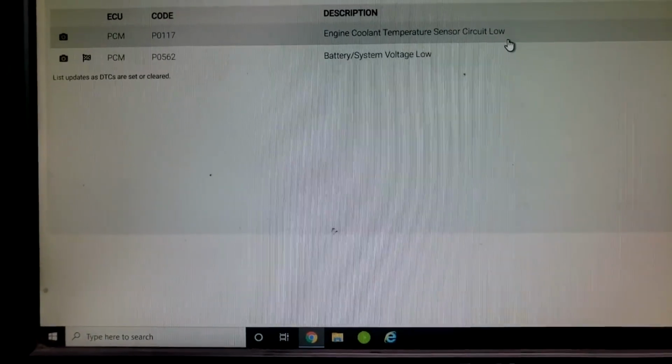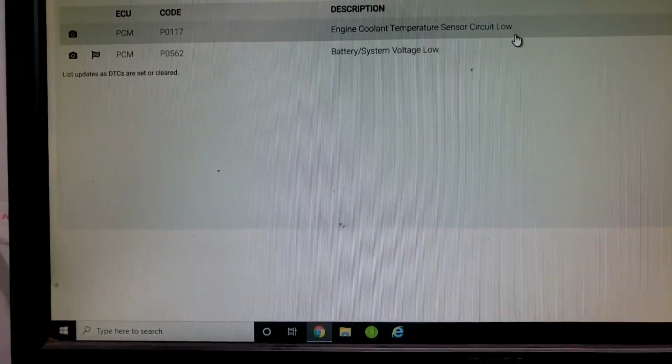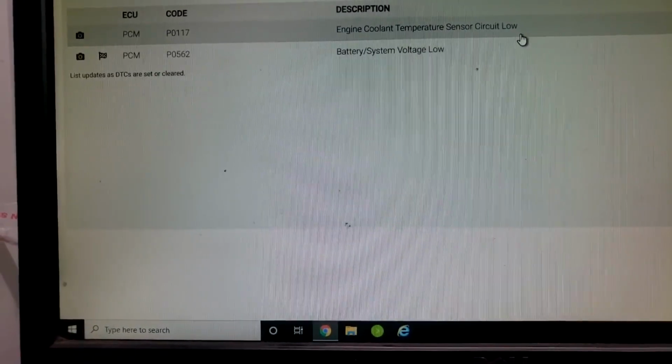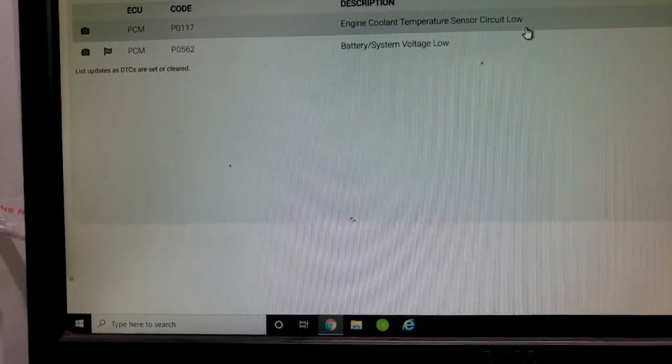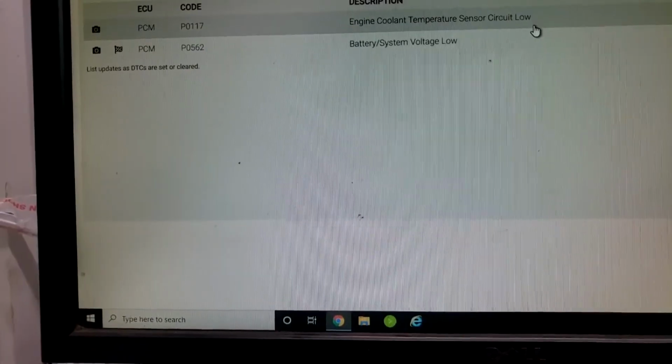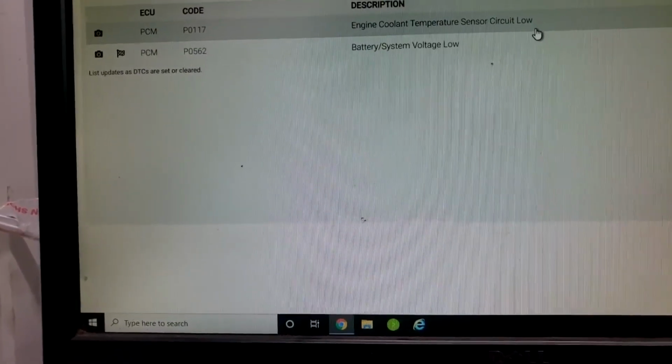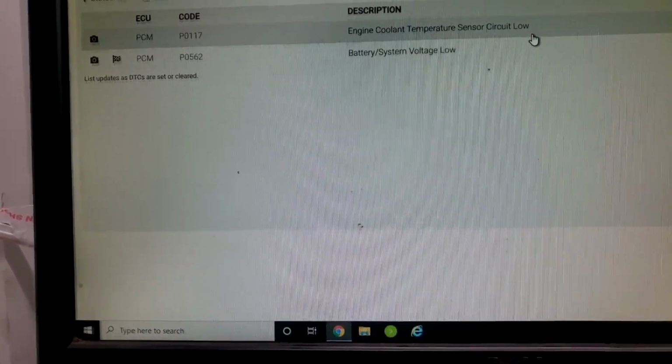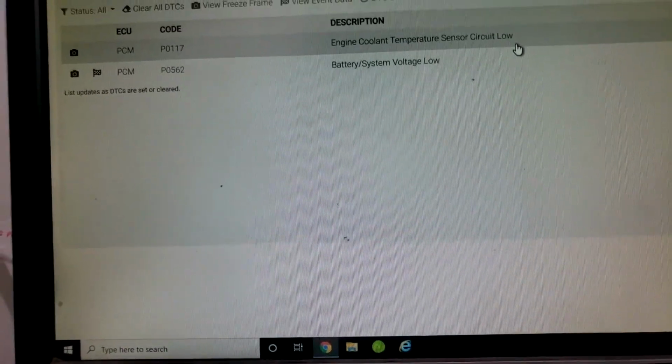guys, that is the code that I've seen, and the car was merely low on fluid. That was the reason it was low. It had a leak, but that code was set if you're low on coolant. Okay, so you can, however, use that as a barometer, but I wouldn't. Let me put it that way, guys. All right, so